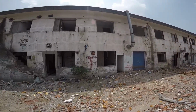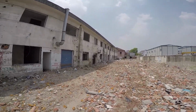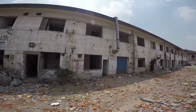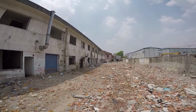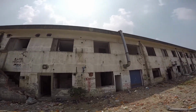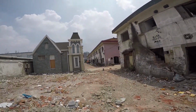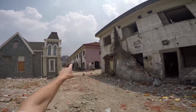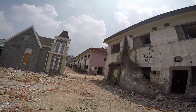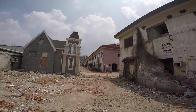So the first floor has these commercial properties, which were restaurants, stores. You know, I saw a realtor, like a real estate place earlier this week. And then at the top are residential areas, which I would assume were the apartments that the people that ran the businesses lived in. Another difference between this building and the one we explored earlier is that this building over here actually has a couple of apartments that are still being used, that still have residents in them, which is,